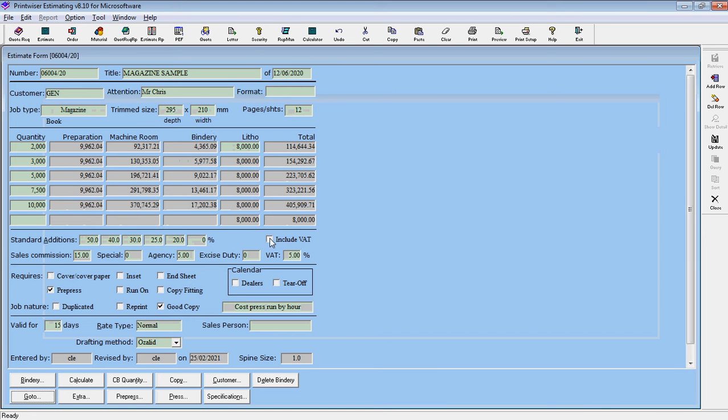And then other charges: VAT, calculation of VAT, sales commission, special duty, agency commission, excise duty. So these are all calculated and shown on the estimate working sheet report. Okay, another key feature of estimating, it calculates quantities for paper, ink, materials, and labor. So once we put in the data required, we click on the calculate button and it goes on to calculate